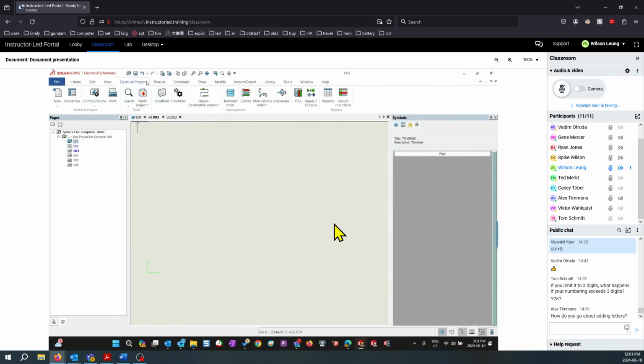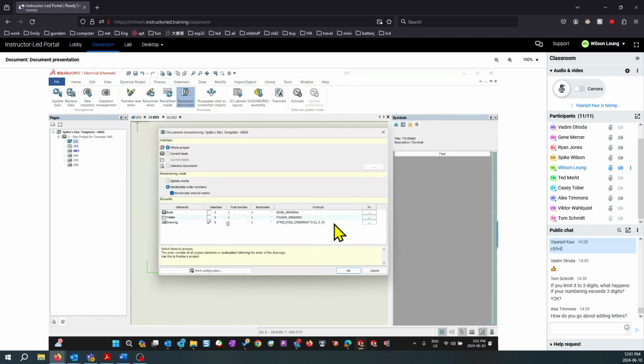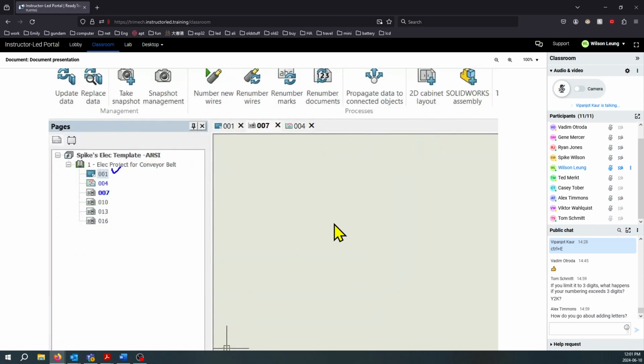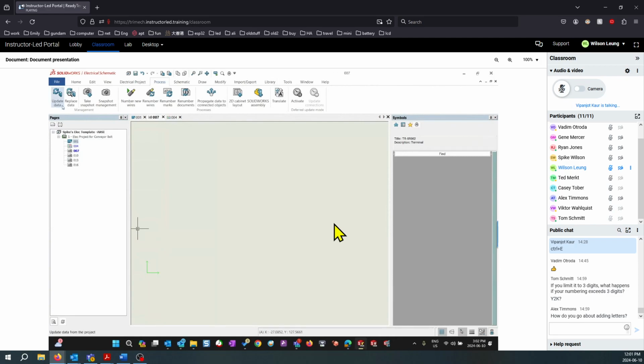And now if I renumber again, process tab, renumber documents, all the settings look good. OK and OK. Now you could see the numbering is flipped or skipped 2 digits in between 1, 4, 7, 10, 13, and 16 with zeros in the beginning. So everything is coming from a formula. If you want alphabets, we will define that in the formula,